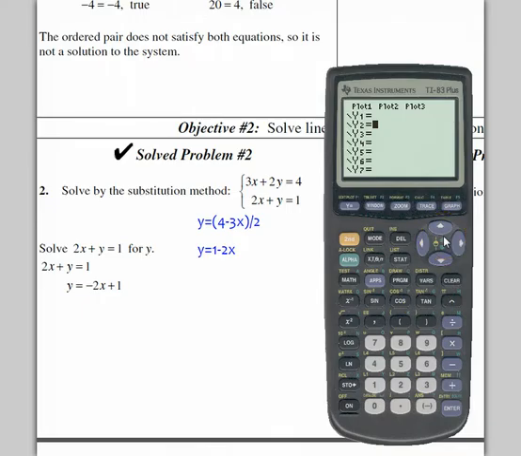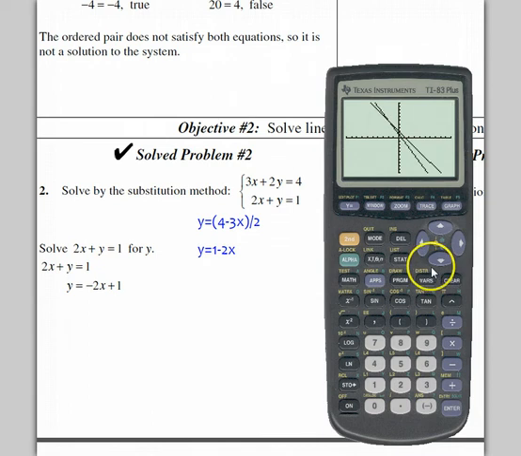So we're going ahead and solving this problem by the substitution method, but I'm going to show you how to plug it into your calculators and then find the point of intersection. Remember, every time you plug in, you have to make sure y is by itself. So the first equation would be y is equal to parentheses 4 minus 3x divided by 2. The next one would be 1 minus 2x. When I graph it,